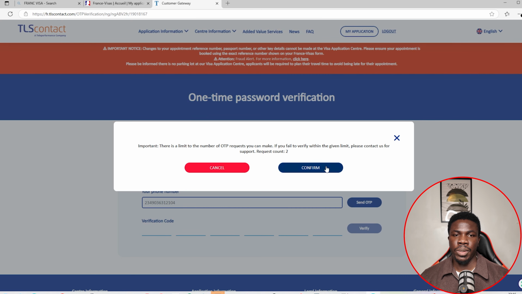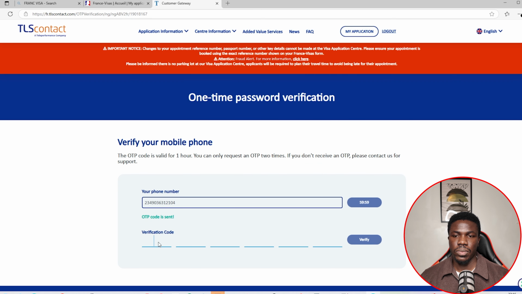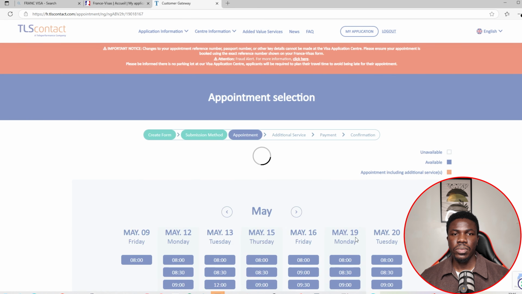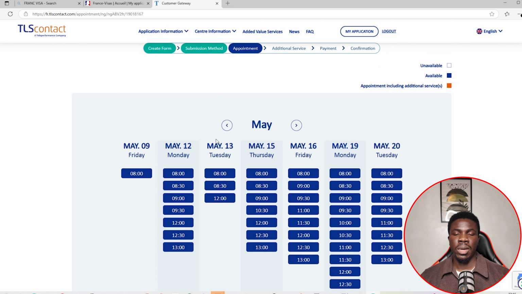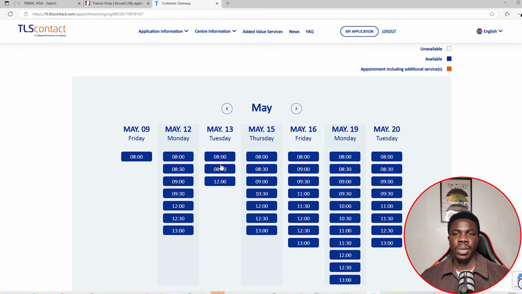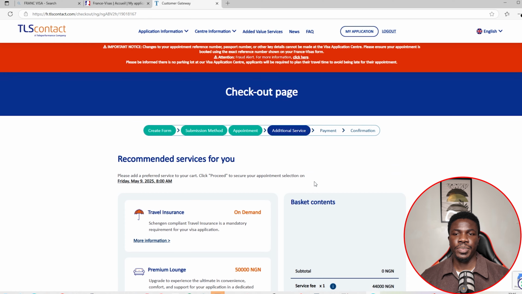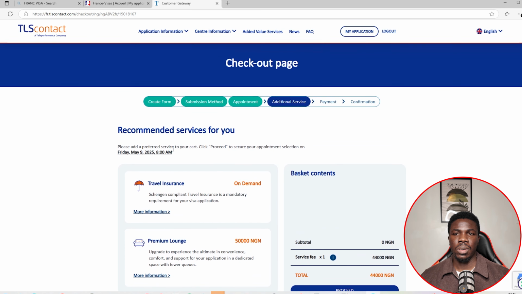Now it asks for the OTP. Now we'll type in the OTP number and verify. Now, I wanted to go in July. Now there are dates available for May. So I could pick any of these dates and confirm. Now I can add